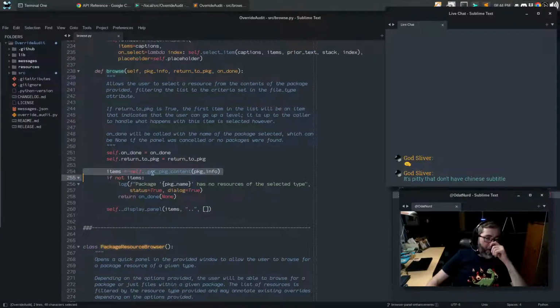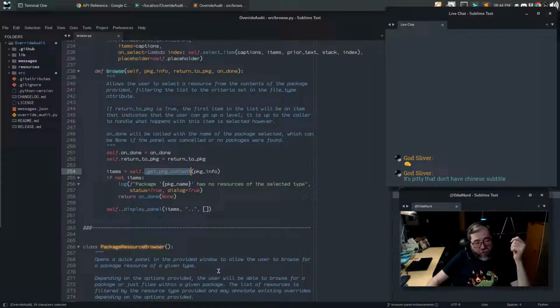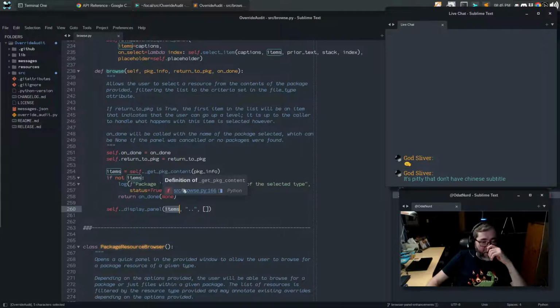So when you call browse on this, it calls get package contents, which looks to see if we've already looked this up or not. If we have, it uses the cached version. If not, it gathers the list of all of the package resources. It figures out which ones are overrides. It annotates them as required based on how this object was created. Then it explodes them out into the structure that we just saw in the console that has a list of files and the list of folders. And then if there is actually something to display, it's passed right here. So the return of this